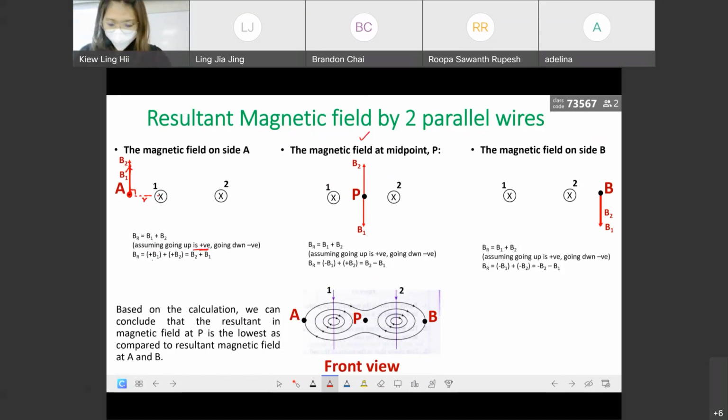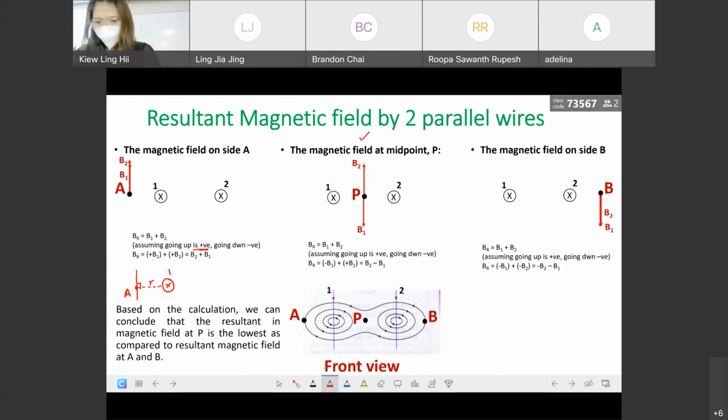I don't understand why it is pointing up. Here, wire 1. So now you have to determine the magnetic field at point A. When we say it is at a point, it must be a tangent, right? So draw the tangent line perpendicular to your radius. So why is it going upwards from your right hand grip rule? Again,